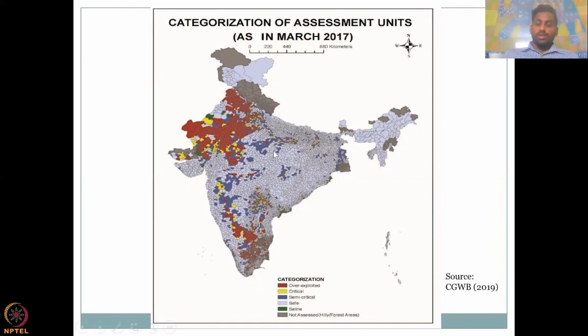These regions are mostly cultivating wheat, whereas these regions cultivate rice. So there is a strong correlation between the water use and the crop that they grow. In addition, there is also a correlation between the groundwater overexploited blocks and the rainfall. If you see here, along this coast where you have the Western Ghats and 3000 millimeter rainfall, it is almost safe and less critical. Okay? The water levels are safe, and no one worries about too much